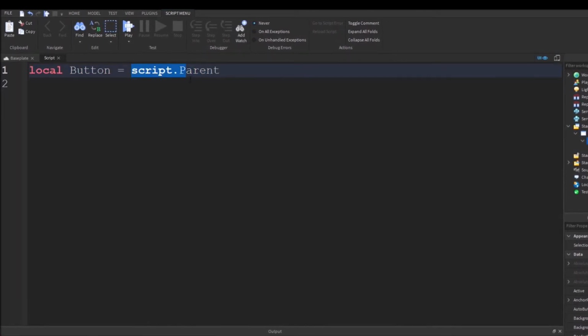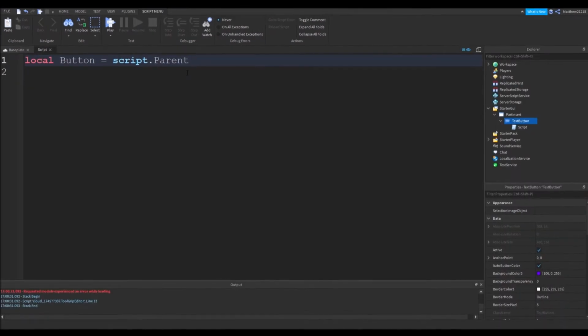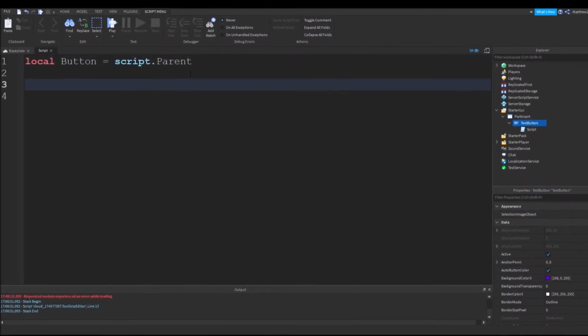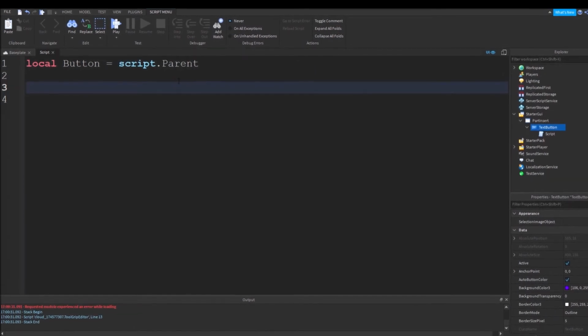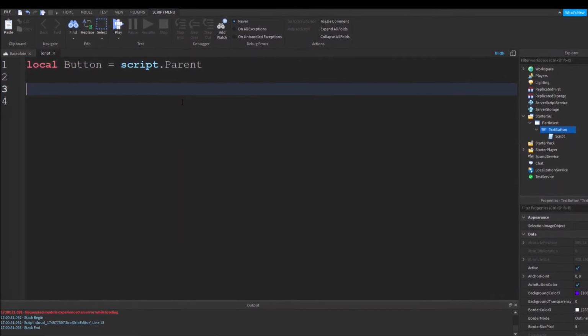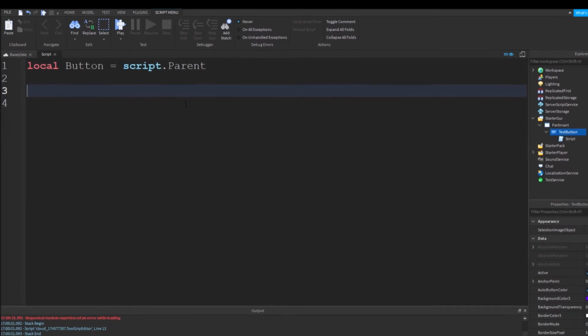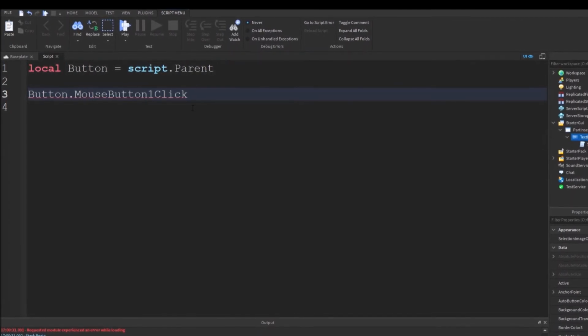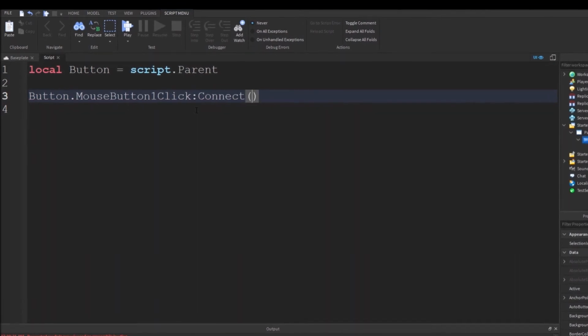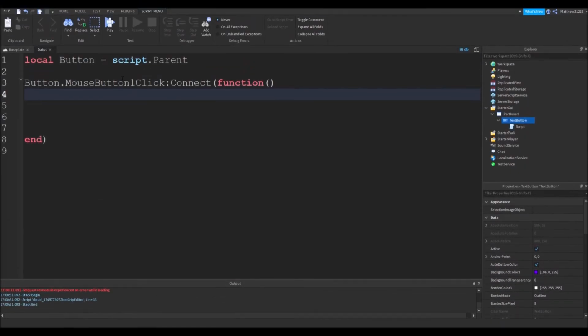So make sure it's the same colors and stuff. Okay, now we can go down a few lines. And so we need to do the first part, which is, so button.MouseButton1Click:Connect, and then we put whenever a player clicks the button, it will do whatever